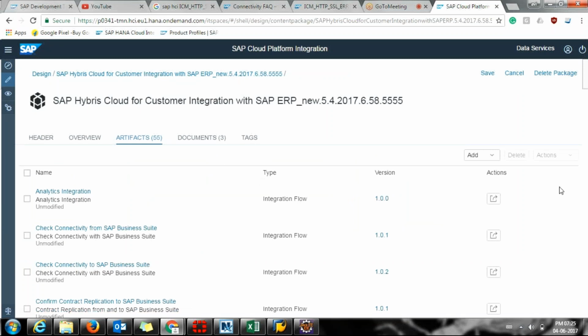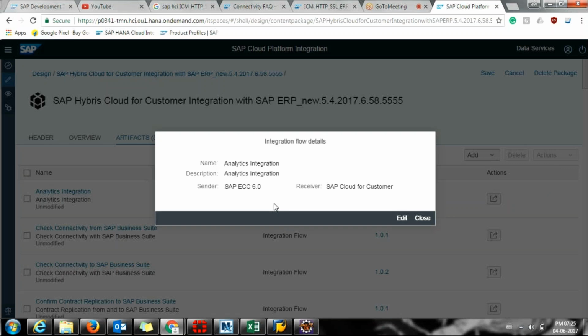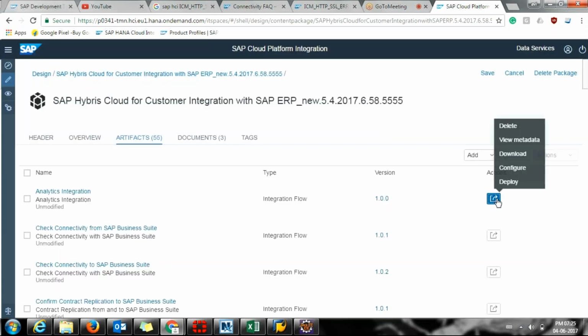There is an option in the action called download. So we know what metadata is. Metadata gives just a briefing about which interface is this, which is the sender and which is the receiver, and a little bit of description. You can delete this package also because this is an editable one. You can configure and deploy. Okay, you can directly deploy and you can configure and deploy. But there is one more option in my editable package called download. So I click on this download button,